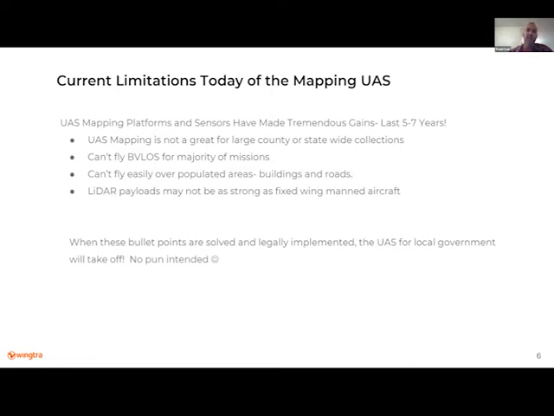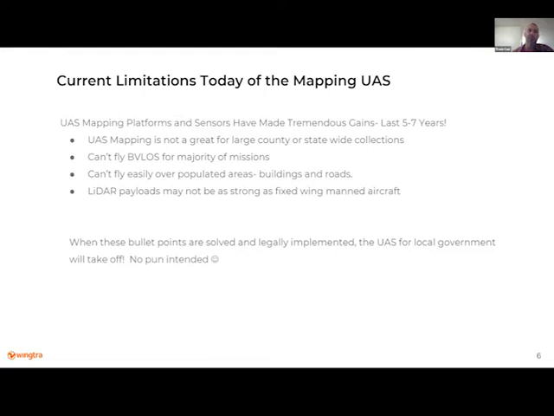But there are certain instances you can get waivers to do that, in which the FAA is looking very hard at doing that, keeping on top of the whole drone legality and the rules and so forth. So almost a full-time job, but of course the FAA is there to keep us safe, keep other air traffic safe as well too. You can't easily fly over populated areas, buildings and roads. You see a lot of drone cowboys out there doing some interesting things. You see the data sets and you're like, well, did you get a waiver for that? And they kind of shake their head. But at the end of the day, it is harder to fly over populated areas. Of course, there are certain instances you can, if you want to get into that,